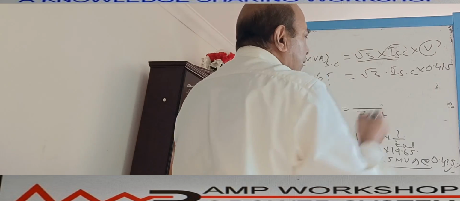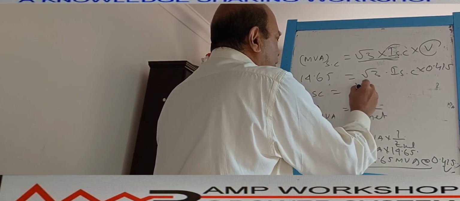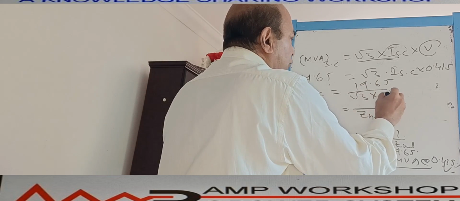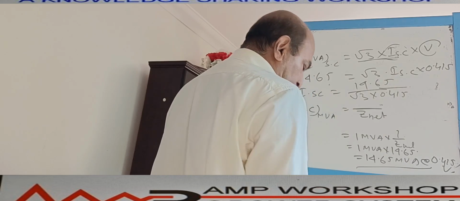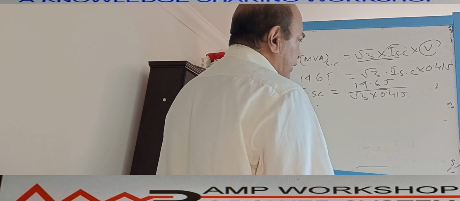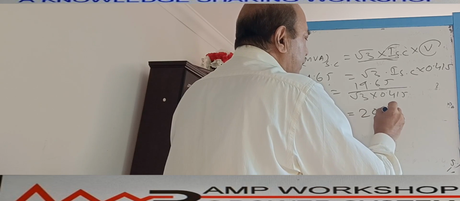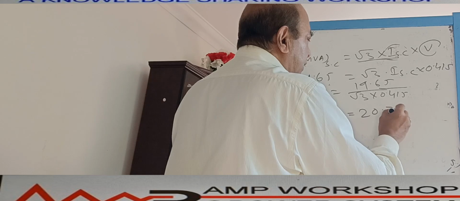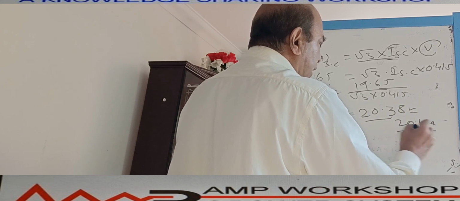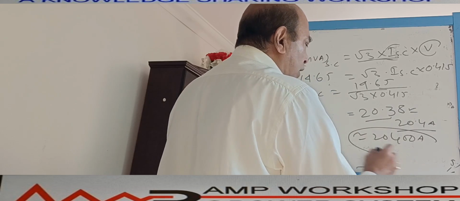The voltage is 0.415, right? So what will I short circuit be? I short circuit is equal to 14.65 divided by √3 into 0.415. If you calculate this, it will come approximately 20.37 or 20.38, you can say. That means this is equal to 20.4 kiloampere. Okay, the same as the 20,400 ampere which we got in the case of